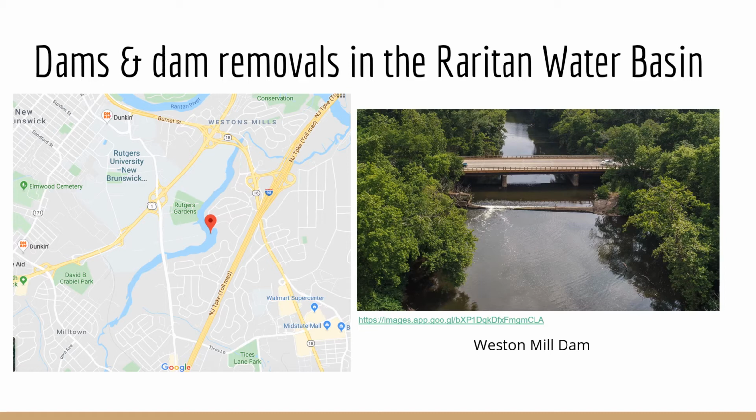Other partners in the Raritan Basin effort included American Rivers, Conservation Resources Incorporated, the Geraldine R. Dodge Foundation, the Horizon Foundation, and the Raritan River Fish Passage Initiative. The removal of the Weston Mill Dam, also known as the Weston Causeway Dam, was the latest in a series of dam removal projects undertaken by state, federal, nonprofit, and private partners to make waterways in the Raritan River Basin